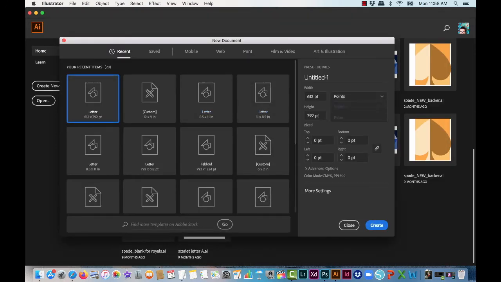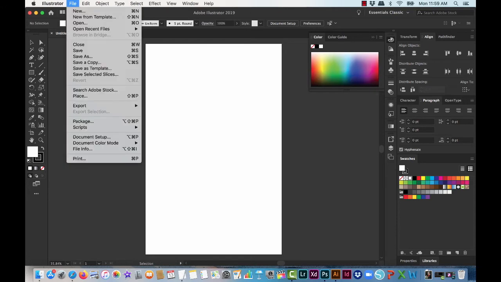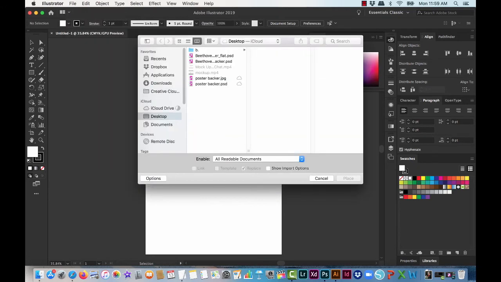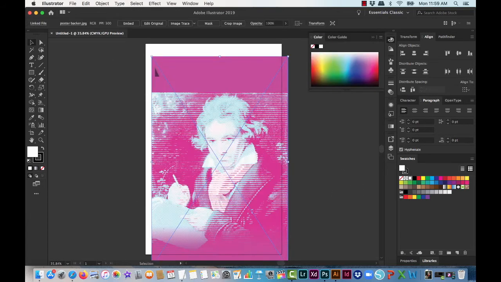And we're going to create that 11 by 17. 11, width, height, 17. Make sure it's going this way. One artboard is sufficient. All right. And go ahead and go to File, Place, and you're going to find Poster Backer, and I'll just use the JPEG just to make it a little speedier